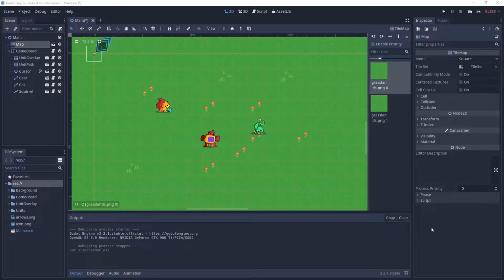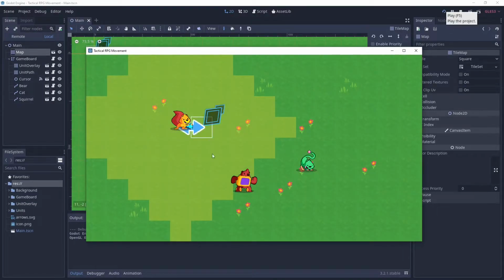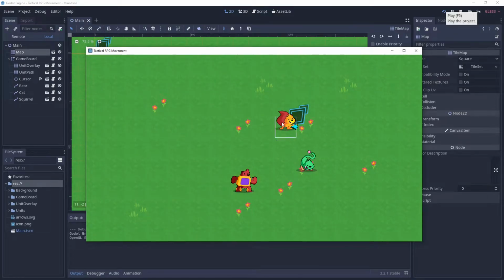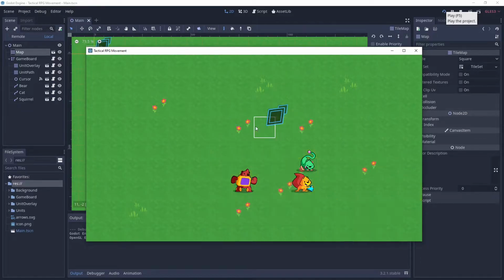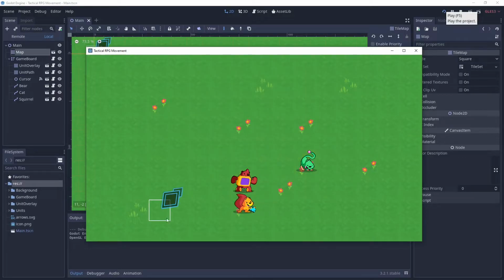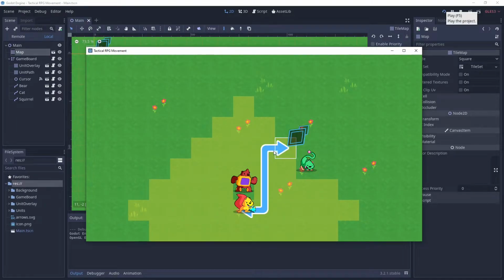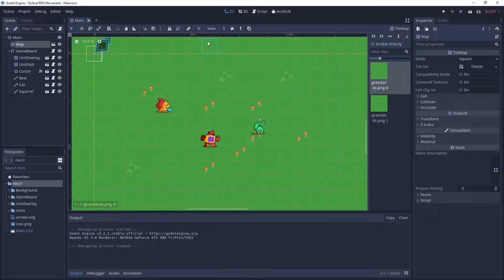In particular, I'm going to show you how to deal with variable movement cost for tiles. Because as we can see currently, we can move our characters around, but each one of these tiles costs the same amount of movement. So we're always assuming the movement cost is 1. And the only obstacles we have here are the other characters, which you obviously can't move through. But we're going to be expanding upon that,